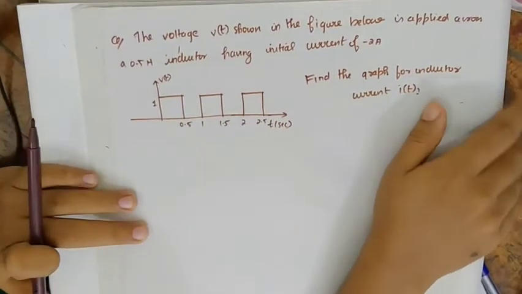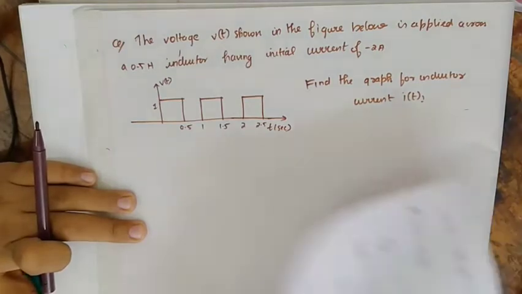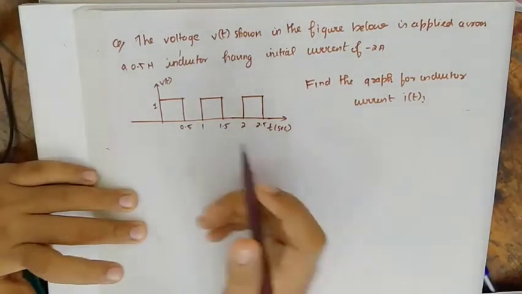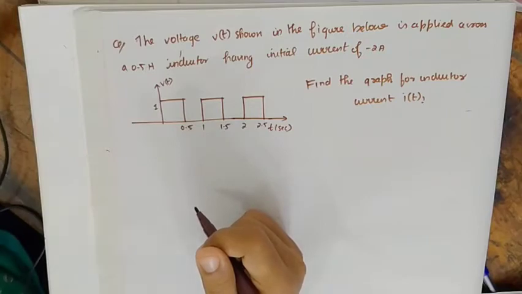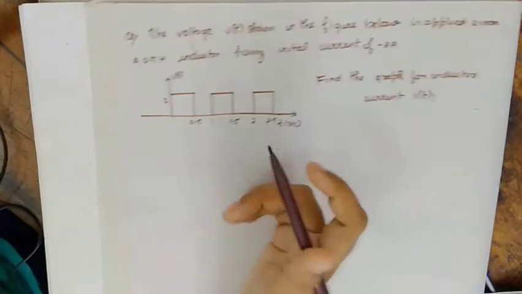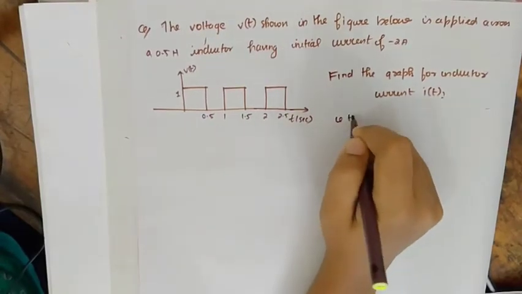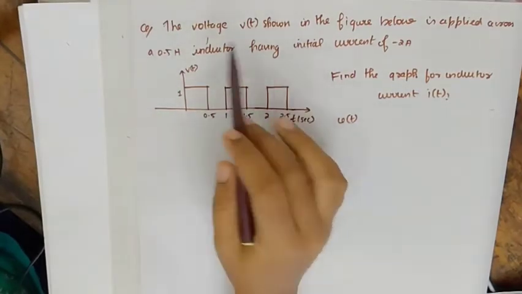The voltage V of t shown in the figure below is applied across a 0.5 Henry inductor having initial current of minus 2 ampere. Find the graph for the inductor current I of t. So we have to find out the graph for the inductor current I of t. Our V of t is given here. This is the voltage